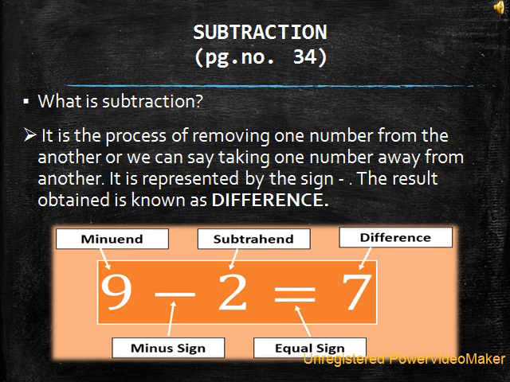Okay, we can also call it minuend and subtrahend. Minuend is the number which is always bigger, from which we will subtract any other number. In vertical representation, we write minuend on the top and subtrahend on the bottom or just below it. So this will be easier for you to study.